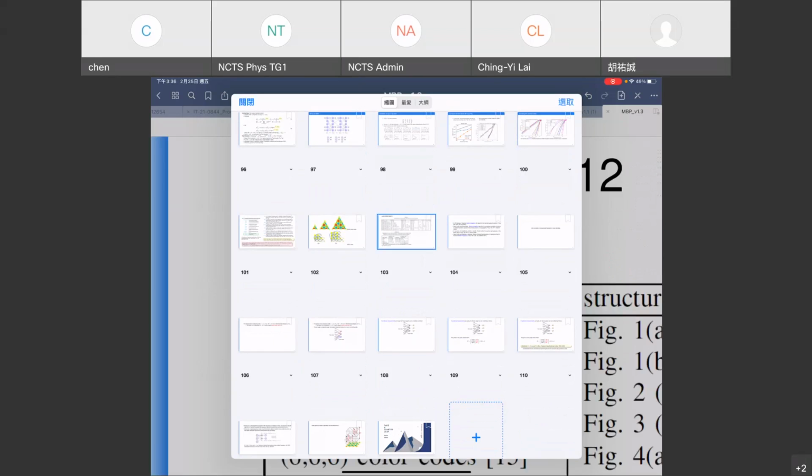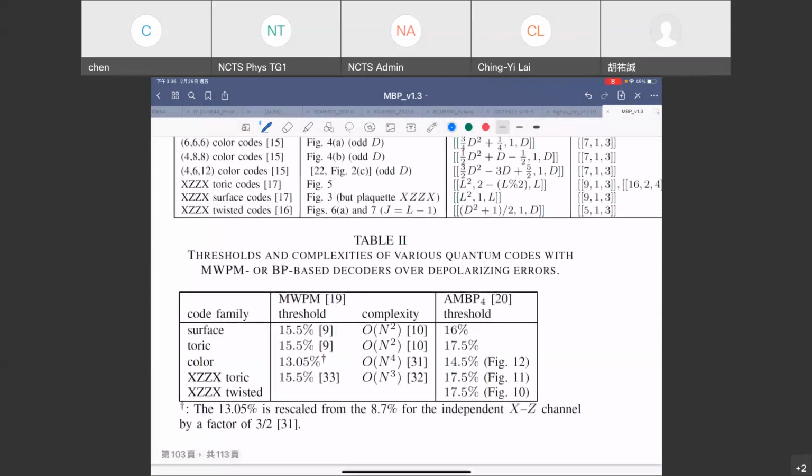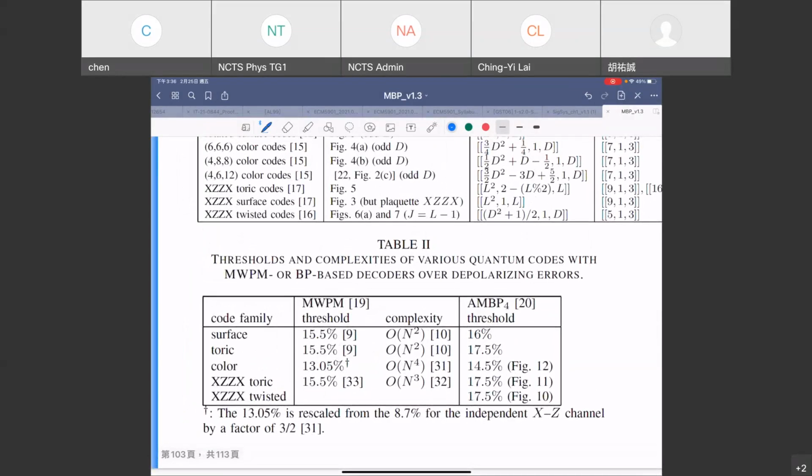Sorry, the numbers here are different. Here we have the assumption that the syndrome measurements are perfect. So that's an ideal case. Syndrome measurement is perfect. Okay. So in this case, we have better performance than the MWPM algorithms. Okay. So next,